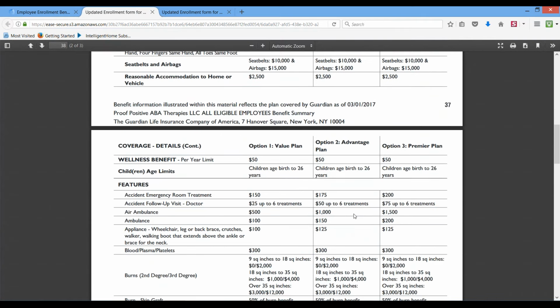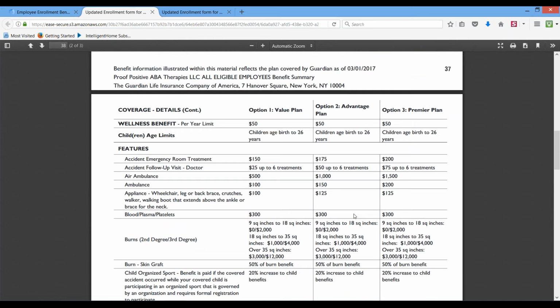So let's go down here to the most common ones, because there are quite a few to go over, and they may not apply to everybody at any given time. First things first. If you go to the doctor and you do your annual physical, mammogram, or any of those types of things, they're just going to give you $50 a year just for being on this plan. You file that claim with Guardian. They send it out to you in 7 to 10 days. Now, that has nothing to do with an accident. That's just one of those things that they give you for being enrolled in the plan.